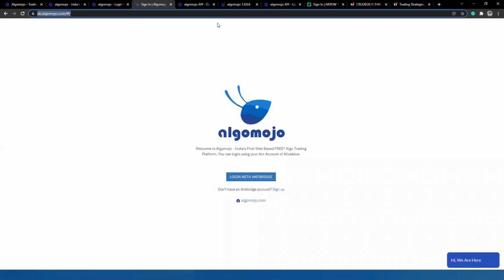Or even if you log in on your desktop and you want to go out, and now you want to open your application on your mobile, orders will still be happening. It automatically takes control from web to mobile. You can automatically log in from the browser. So it will not impact the algo strategy, but ensure that login is done and you're not logging off. That way, automation happens smoothly.